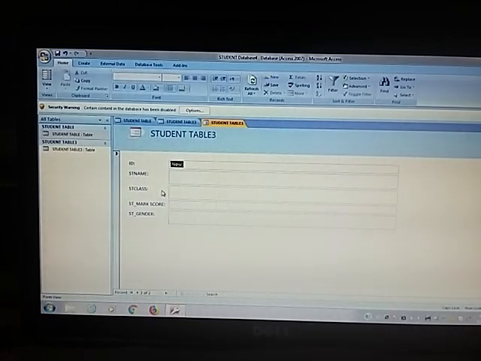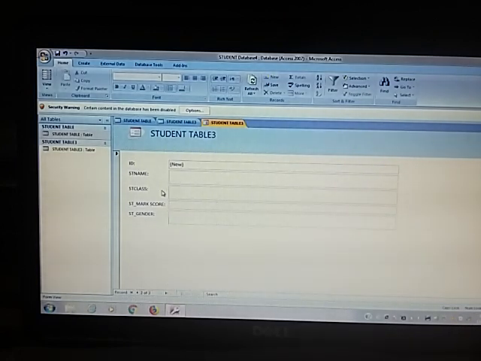Next, click on student name, Ankit, class 9th, marks scored 200, gender male.